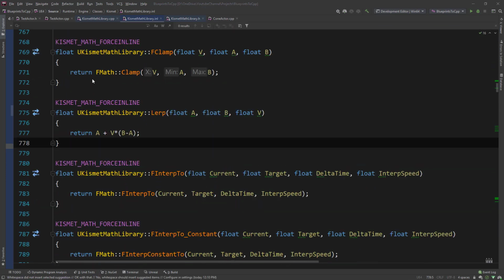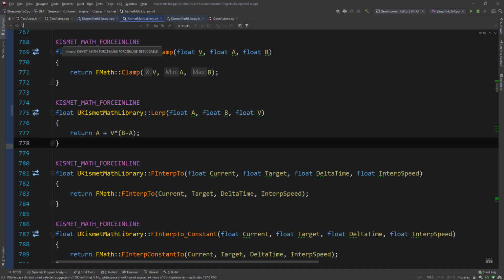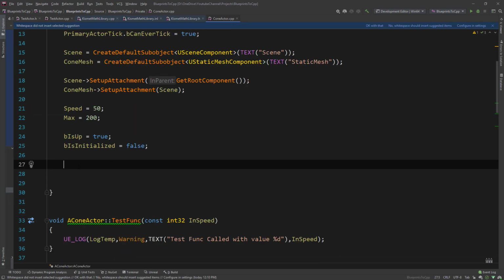And the second possibility is to actually use the Kismet math library call itself. In contrast to the clamp function, for example, which uses the FMath library, this function only calculates values based on the input parameters. So it's perfectly fine to use, in this case, the UKismetMathLibrary Lerp. And just as a hint, the Lerp that you've seen here is not our Lerp, because it's Lerp Vector and we have Lerp floats. I know it's called VLerp for vector lerp. If you look at it, it's similar, calculating vectors, adding, subtracting, multiplying them. So it's perfectly fine to use this Lerp function if you're converting that node later down the road using the